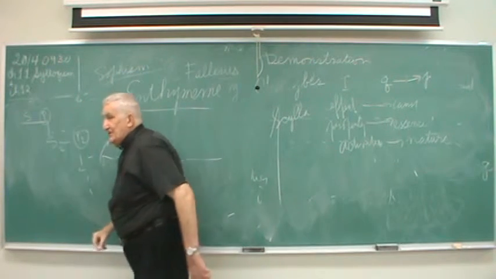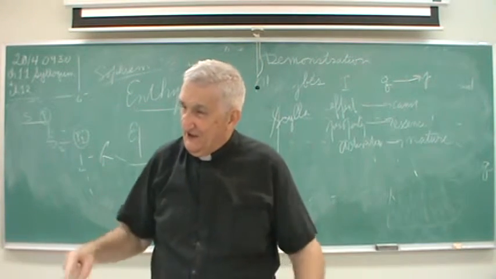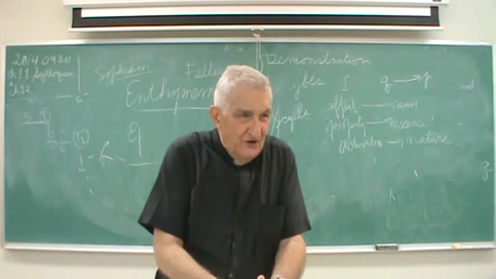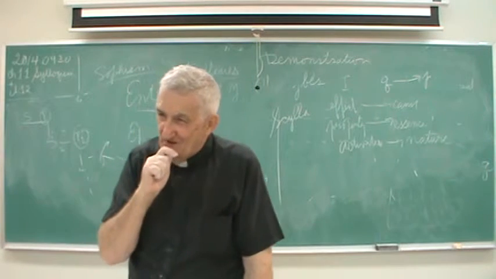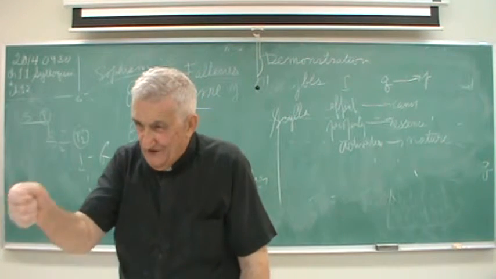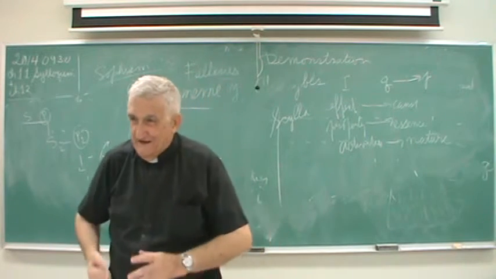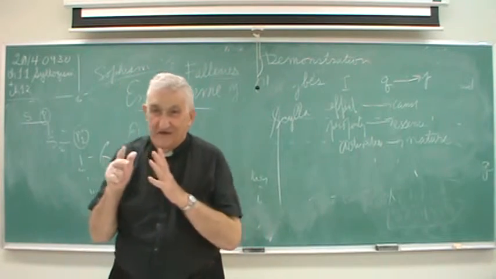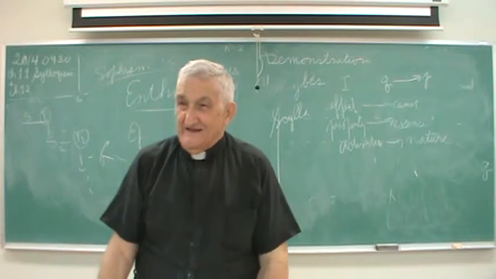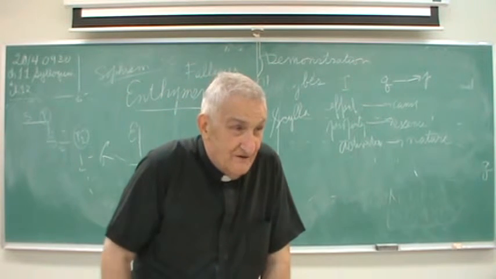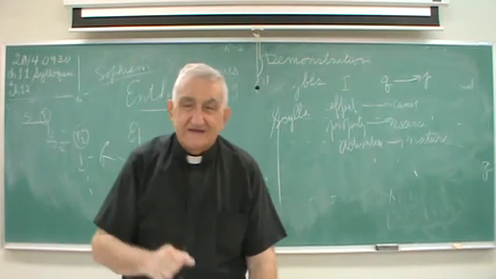We try to induce people into error. I give you an example: false induction. We started last week. We cannot start from a particular truth to a universal truth. Look at the advertising now on television. What do they do? They interview two or three people, and everyone is happy with the soap, everyone is happy with the diet. Everyone is happy. So, two or three, and they say, you know, that is the best. It's a false induction. And we need to make the difference between probability and certitude.